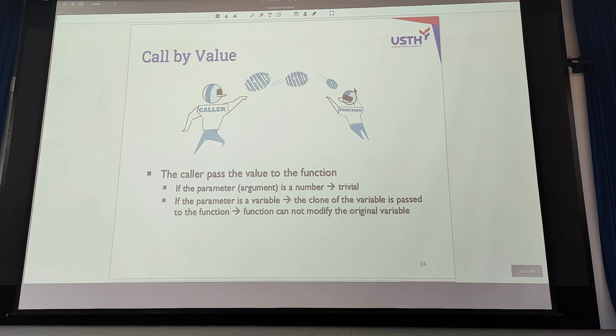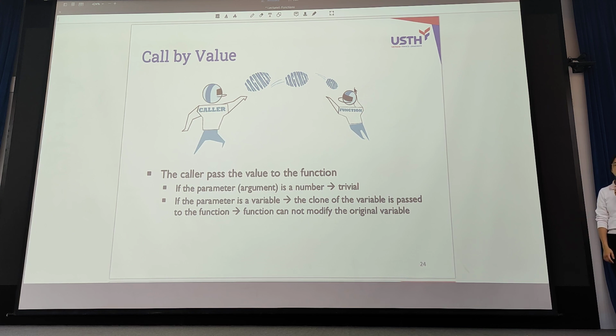Now, call by value. The caller and the function. When you call the function, you throw it the value of the parameters. Let's say the caller throws a bone, the parameter, to the function, but actually it's not the bone, it's a copy of the bone of the original. So the idea is that the parameter can be a number.